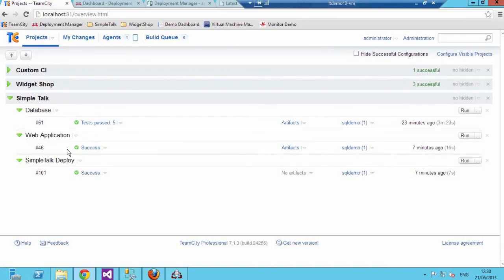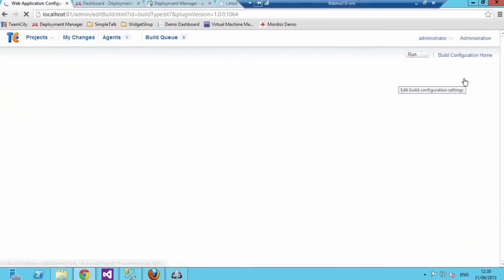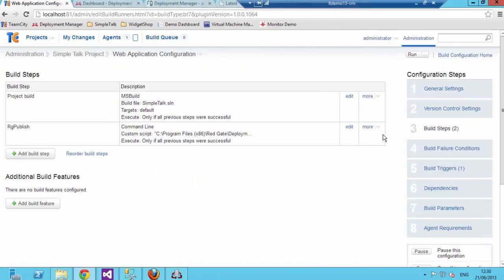The application one is created via a command line tool that we have for Deployment Manager. It's called rgpublish, and you can use it in a few ways. You can point this tool at a folder. It will take everything in that folder and put it in a package. Really simple. You can point it at a nuspec file. That's a bit more flexible. You can choose which files you want in the folder.